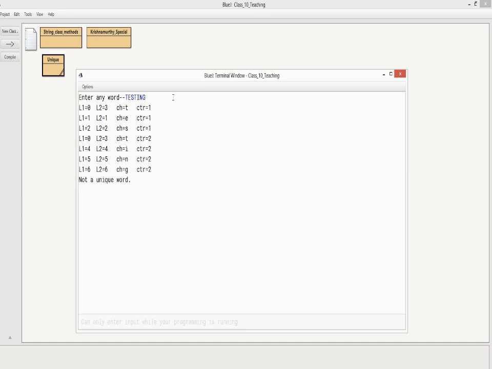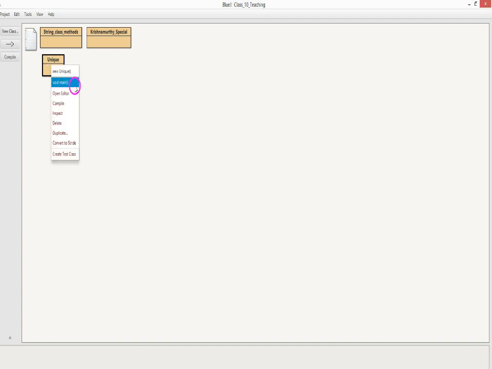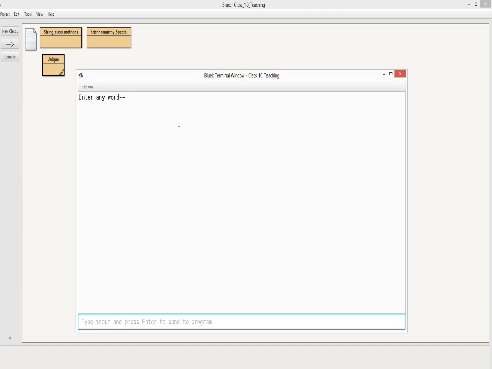So finally it will remain 2, and once it is checked at the end of the program, as we have seen, if the counter equals 0, then only it will be a unique word, otherwise not a unique word. So it will definitely print not a unique word. So let's check the next one again. This time I'll give a unique word.